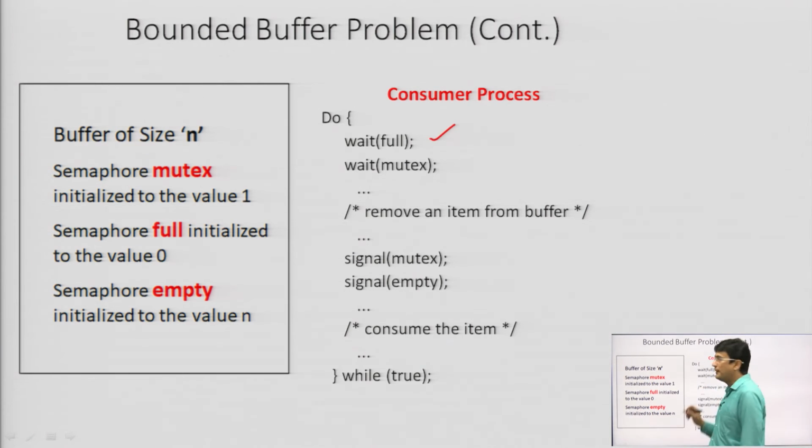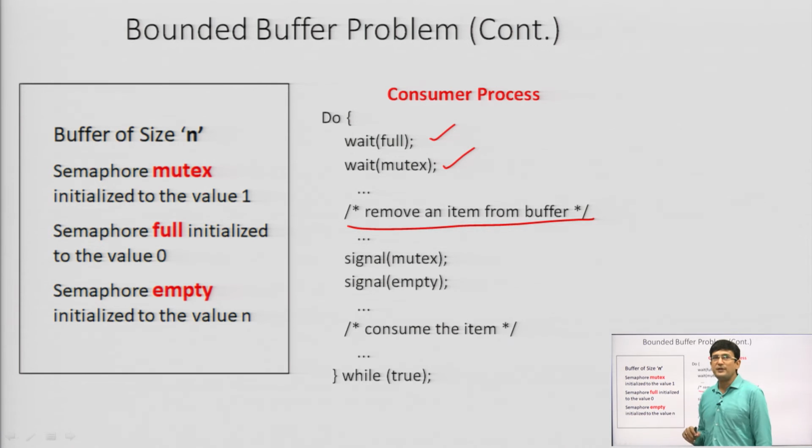So, wait full. Wait full means full is a variable, let us decrement it while consuming an item. If it is 0, do not consume, keep waiting. But if you have consumed an item, let us decrement it. If earlier 7 items were there and you are going to consume an item, the number of filled slots will reduce by 1 to 6. And now, the access to the critical section or the buffer has to be in a mutually exclusive way. Hence, we have applied a lock, mutex,